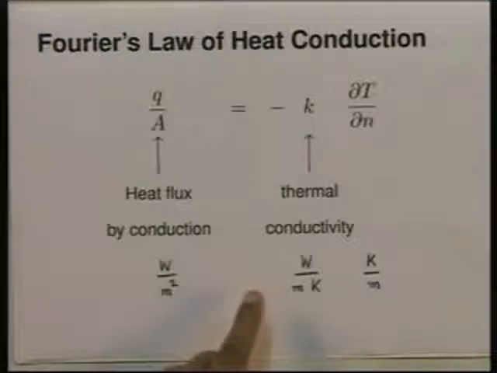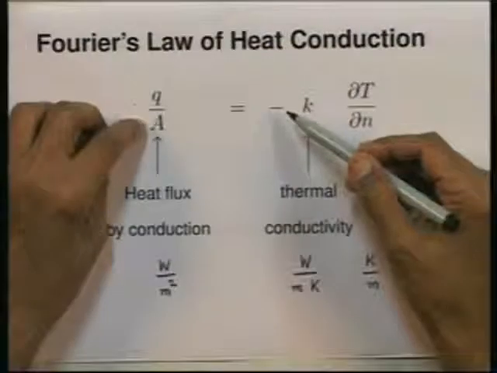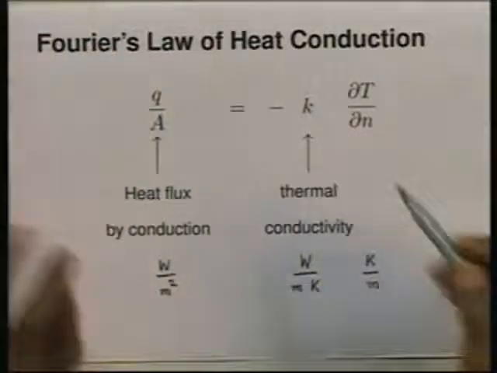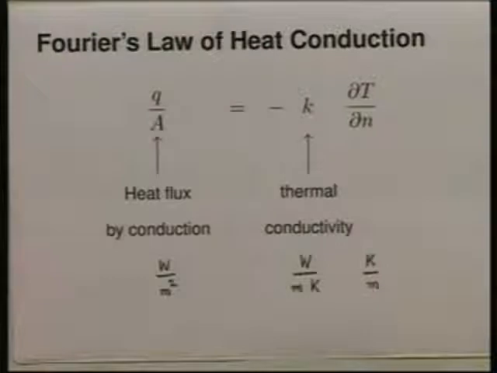All right. Now, why do we put a negative sign? Because heat flows in the direction of decreasing temperature. So, in order to make the heat flow positive in the positive direction, since dT dn would be automatically negative if heat is to flow in the positive direction, we put a negative sign. This serves to make the heat flux vector positive in the positive n direction. So that is the purpose of the negative sign. It is a convention adopted by everybody. So Fourier's law of heat conduction says Q by A is equal to minus K dT dn, where n is any arbitrary direction inside the material under consideration.